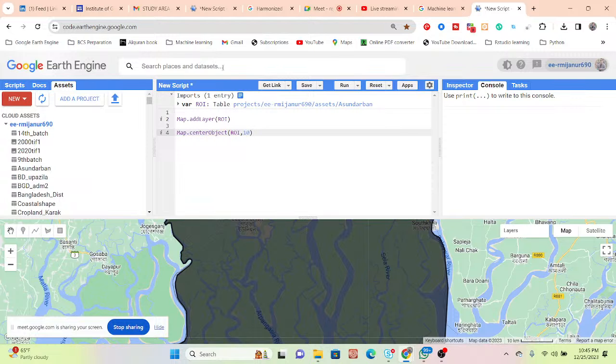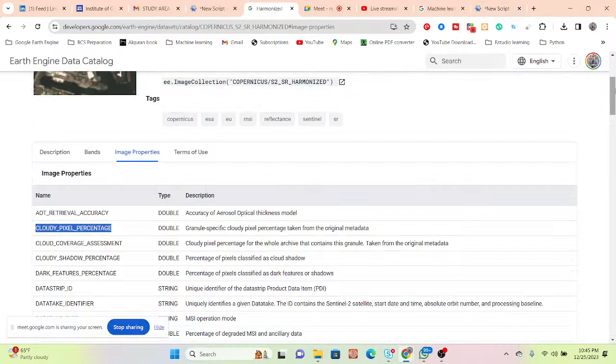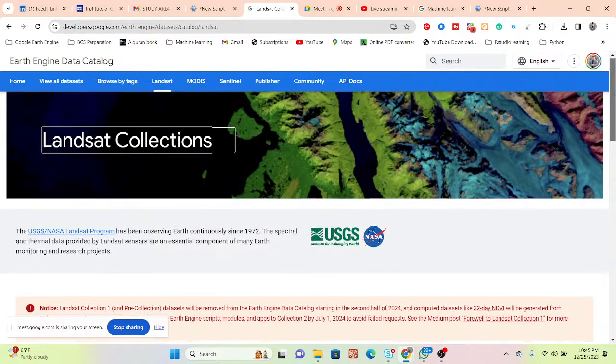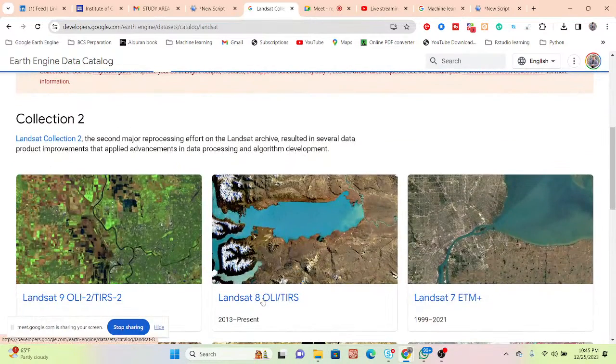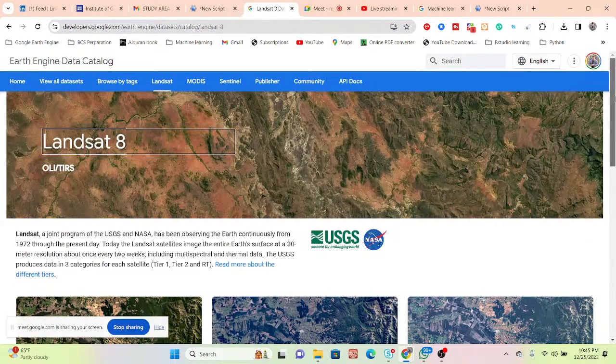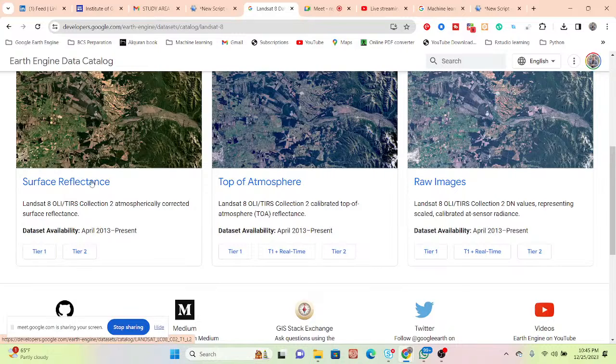Now I simply find my Landsat image collection. Just go to Landsat, and for 2023 we can easily get Landsat 8 from here. Here you can see the surface reflectance.